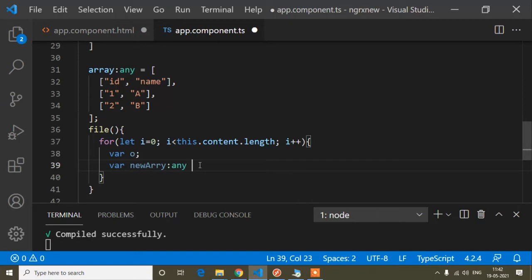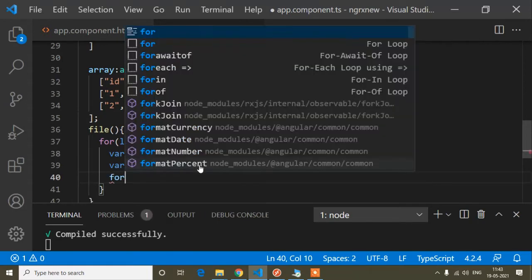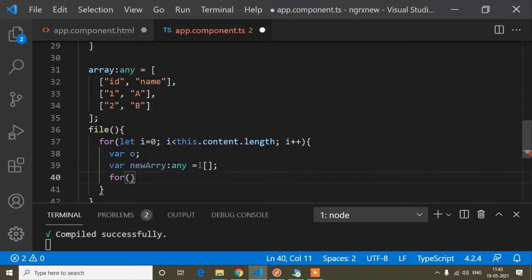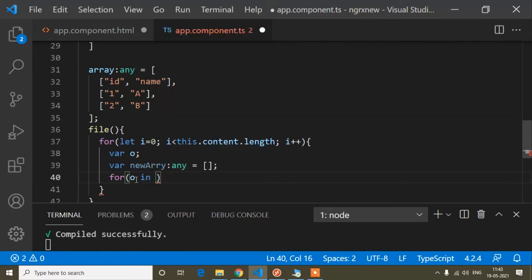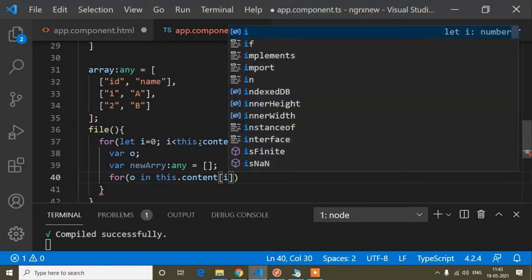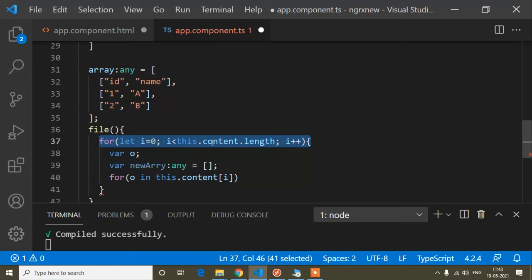Okay, so now inside this for loop I will write for o in this dot content i. Content i means I have created a loop, so this is content and i,